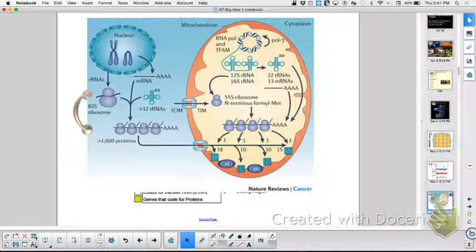Okay, so this is a pretty complicated diagram, right? But you understand the basis of it. What it's showing you is a nucleus has DNA in it. It's also showing you that a mitochondria has DNA in it, right? It's showing both of you that similar pattern. And here we can see mRNA. Why do they have some A's right back there? What does that mean? It's the poly A tail, right? Everybody gets a cap and a tail.